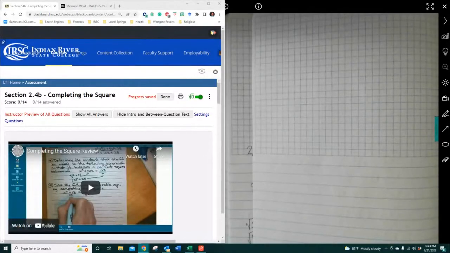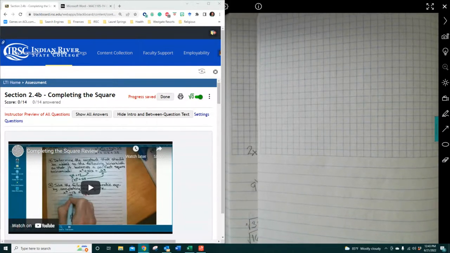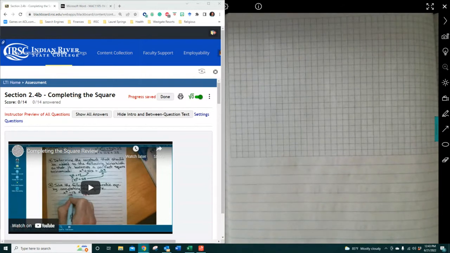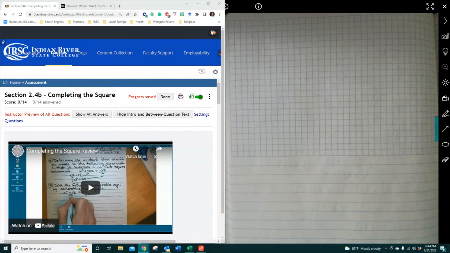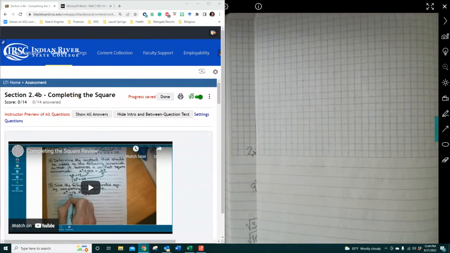All right, college algebra students, I'm going to go ahead and cover now 2.4b, completing the square. So what we just did in 2.4a was we worked on strategies for quadratics, right? These are quadratics as well, but we are approaching it in a different way. It's giving you a battery of supported tools that can help you get to the answer